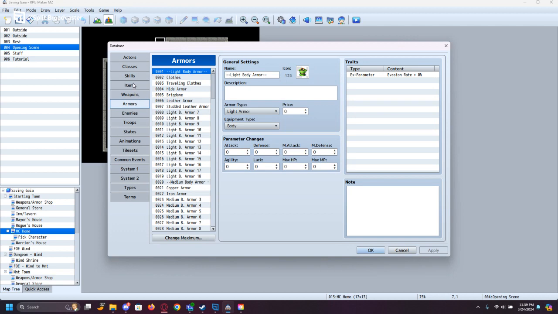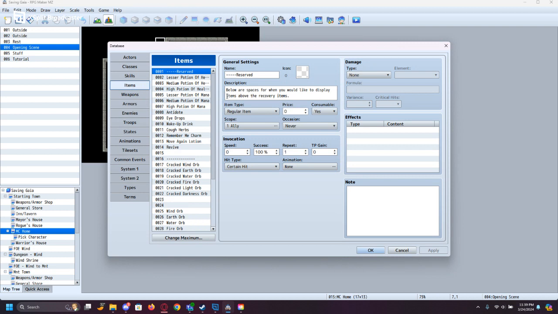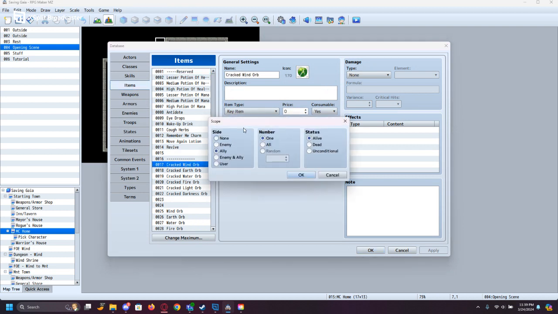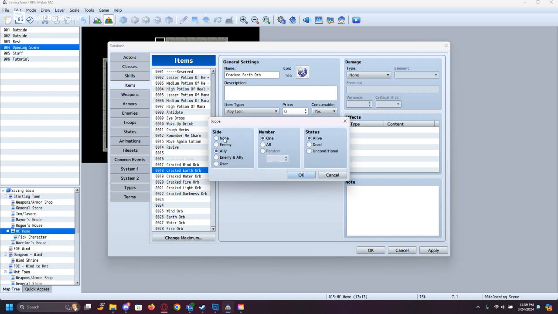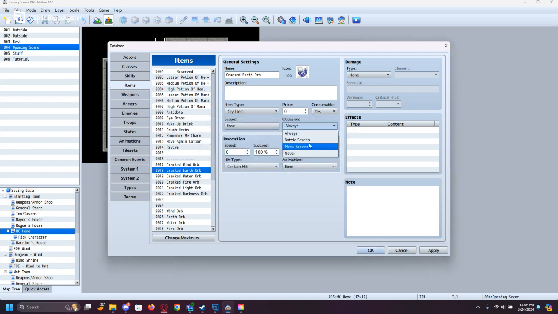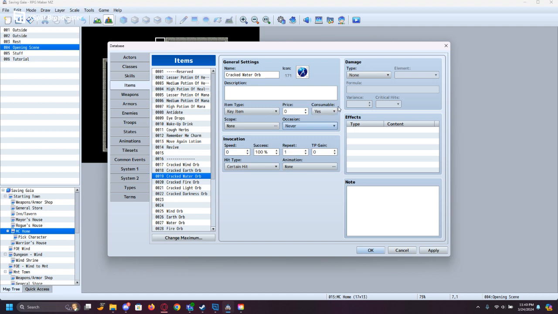Another thing, depending on what plugins you have, you'll have to redo your items, because like I have this needs to be set to none, and this needs to be set to never for certain, like for your key items. You need to make sure that you're set to none and they're set to never and set to consumable no. Because if they're not,